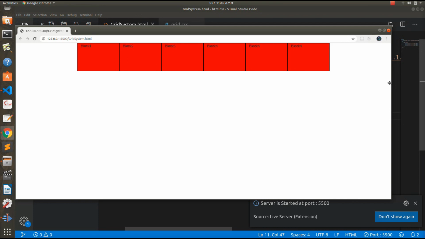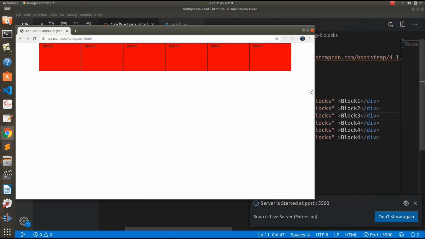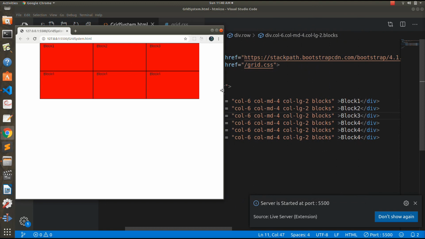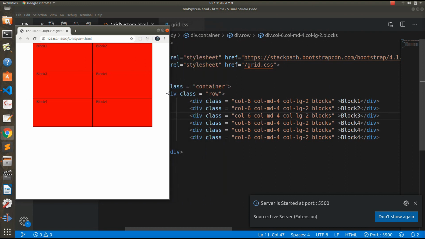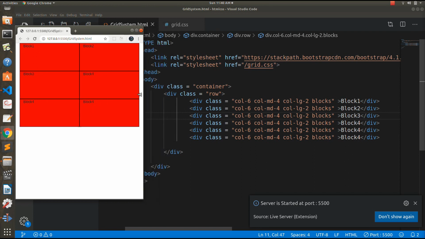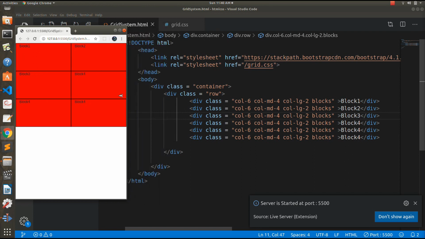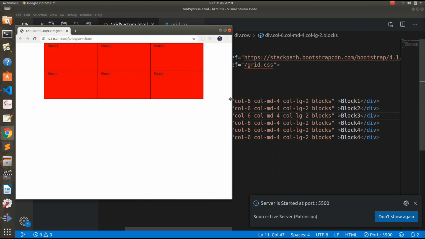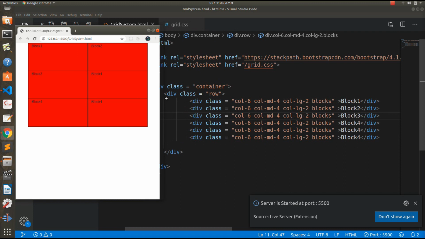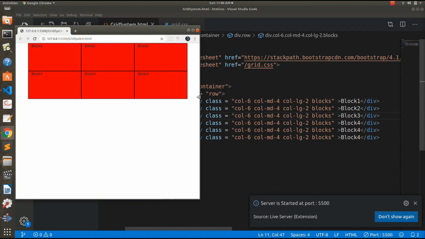For large screen, it looks fine. So when I resize this, you can see on the mid size there are two rows with three columns, and then on further resizing, on small size there are 3 rows and 2 columns, and on extra small also there are 3 rows and 2 columns. So as I already told you, as we have given the size for extra small as partition size 6, it would go on till mid size where it is changed to 4. Okay, so for extra small and small, the column dash 6 would work fine.